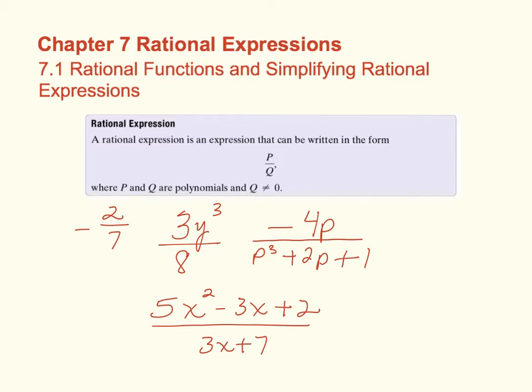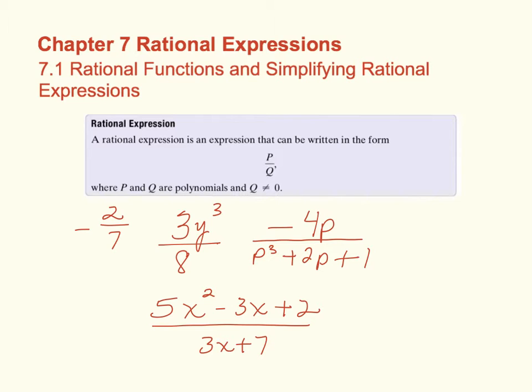The last chapter that we will cover this summer is chapter 7, which deals with rational expressions. Okay? A rational expression is really nothing but a fraction. It's just that in this chapter we're dealing with fractions that may contain a polynomial in the numerator and a